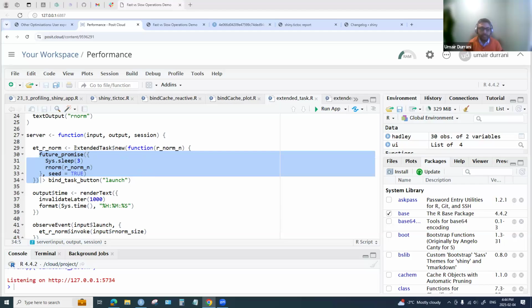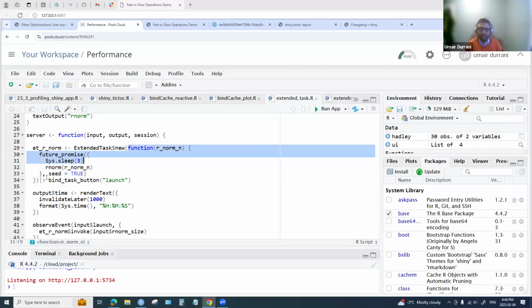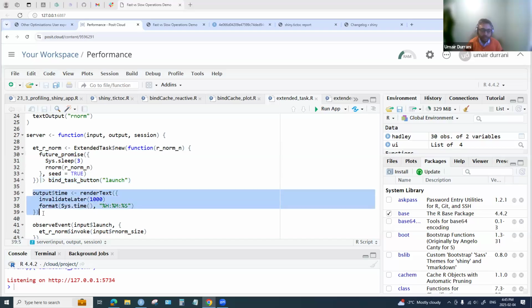And this is wrapped by the extended task new. New is the extended task, the class. So extended task new will take in this function. And here in the function, we provide what it is that we want to run. And we are binding it with a task button or an action button. This is optional for this example, but this clearly will show, as we'll see momentarily, how effective this is, because